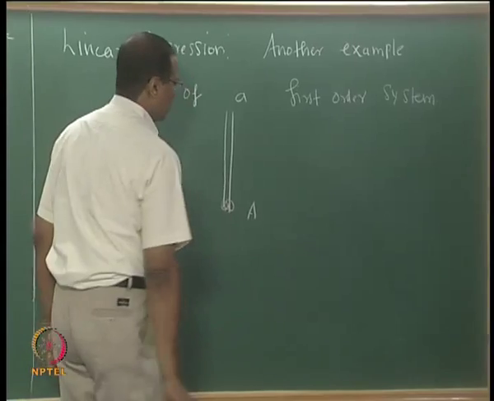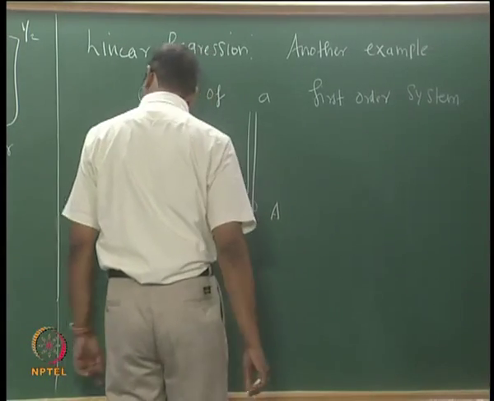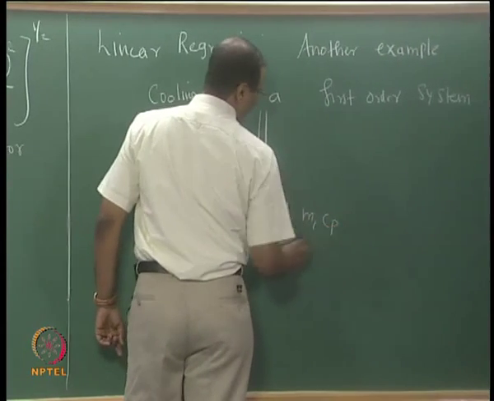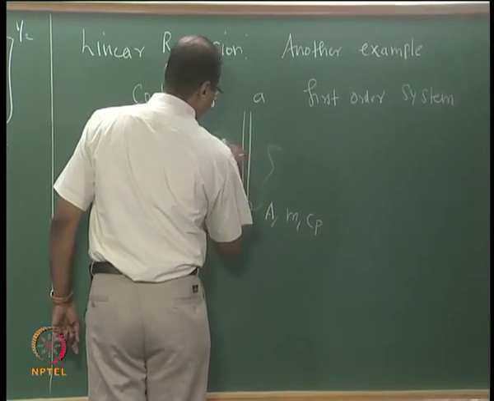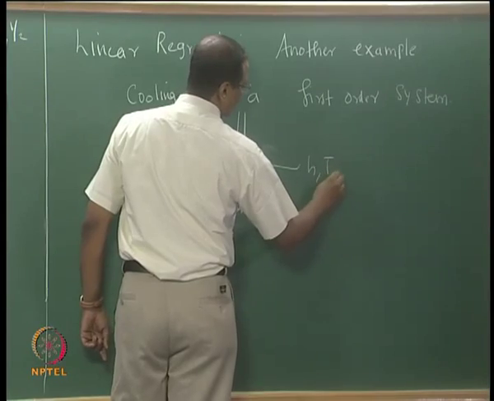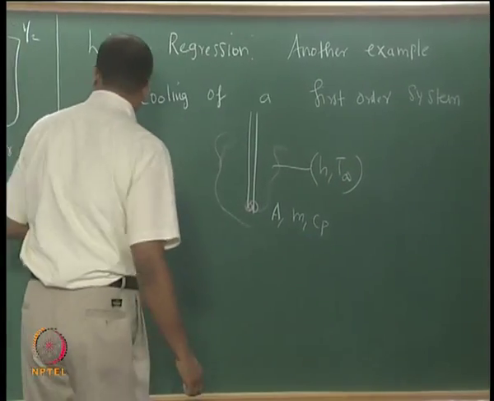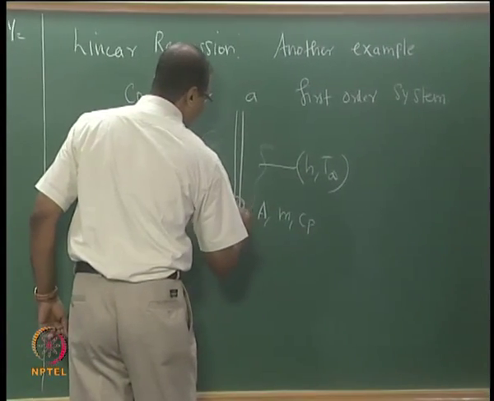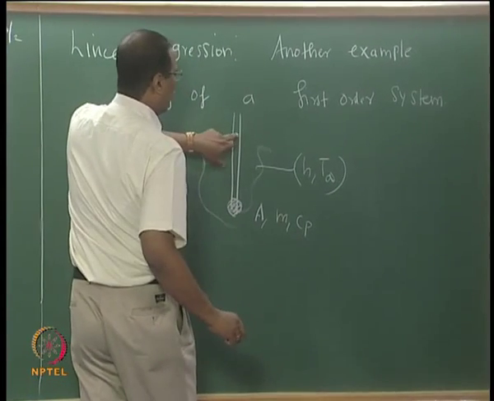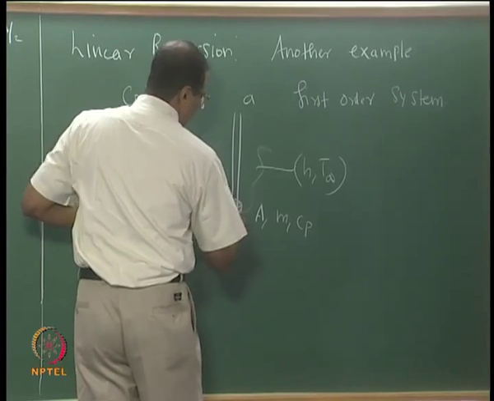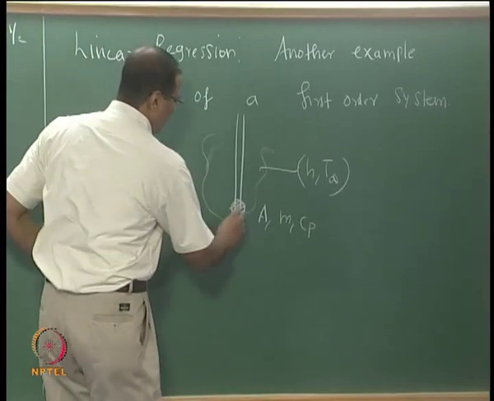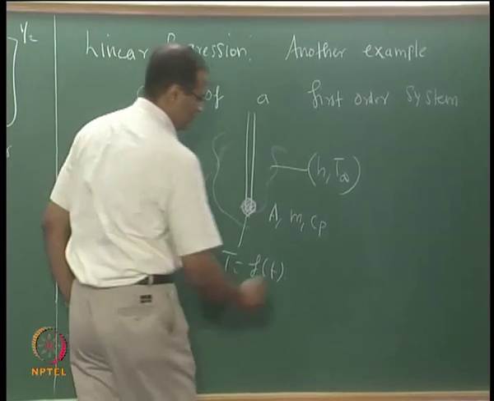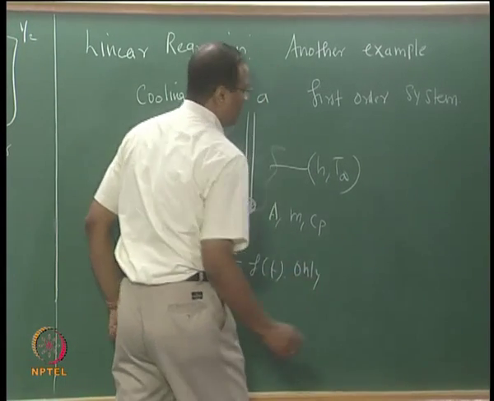If you have something which has surface area A, mass m, and outside you have h and T infinity. So this is the thing under consideration. This you can take as the supporting rod or thermocouple leads, whatever. The whole thing is at a temperature T, a function of time only. The governing equation is